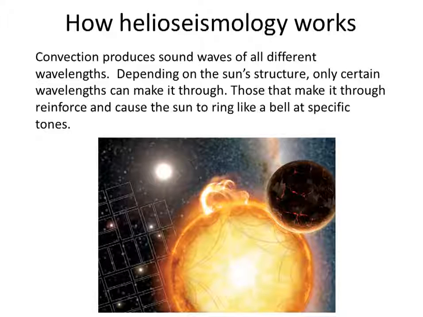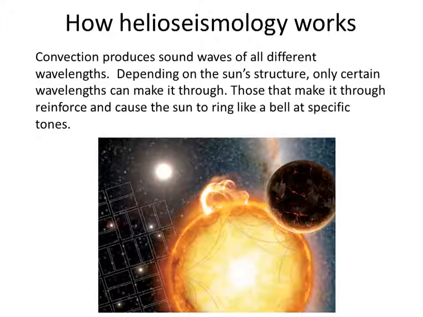So this rising and sinking of the gas produces sound waves, and the sound waves start to travel around the sun. Some go on the surface, some go down through, they go to different depths, and they come out on some other part of the sun. Now, if the sound waves are the right frequency, and frequency of sound is like a musical tone, if they're the right tone, then the sun will resonate like a bell at that frequency, and that frequency adds up and gets stronger. Other frequencies that are not the right tone will die away,